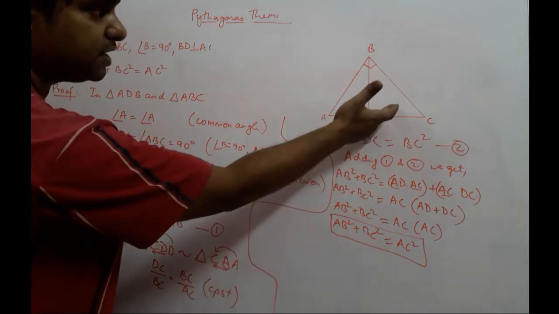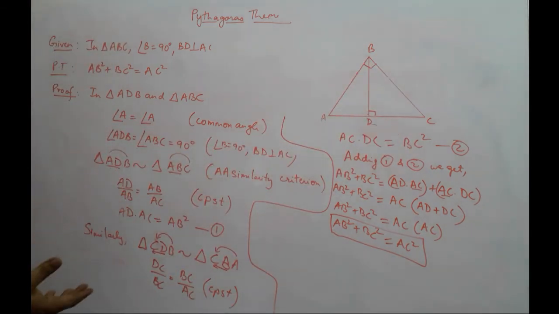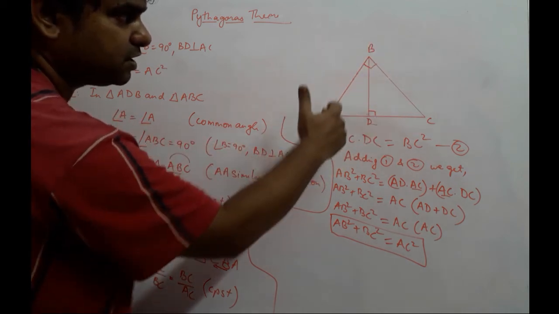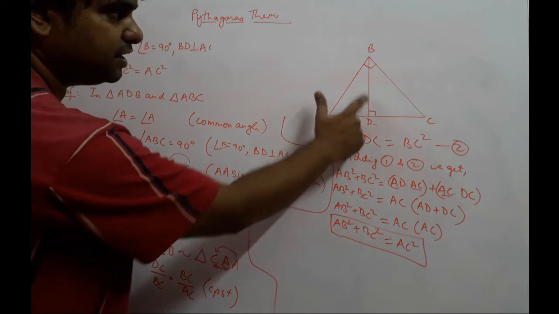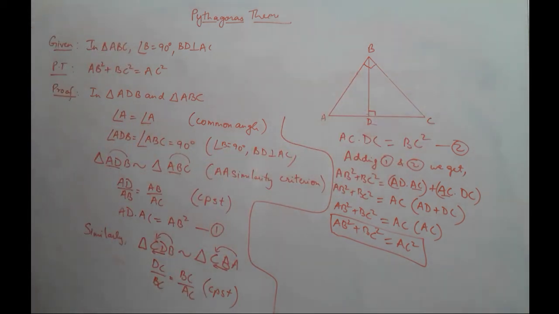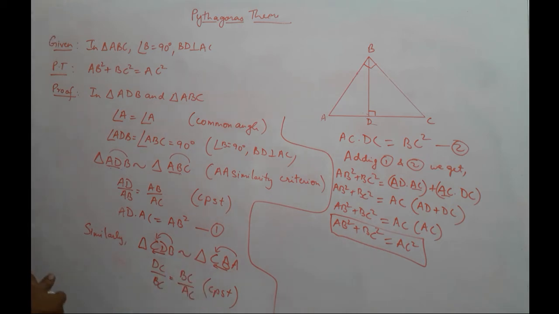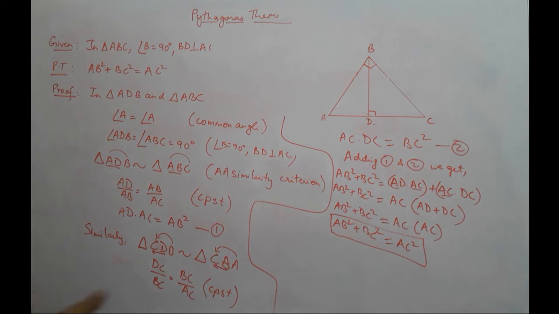Then we assumed that this would also be similar to the whole triangle, and if we go to prove it, we will get it the same way how you prove this triangle ADB similar to triangle ABC. But we don't show that to save on time, so we just say that triangle CDB is similar to triangle CBA. Based on that, we got their sides proportional, and when we added their sides, we got our